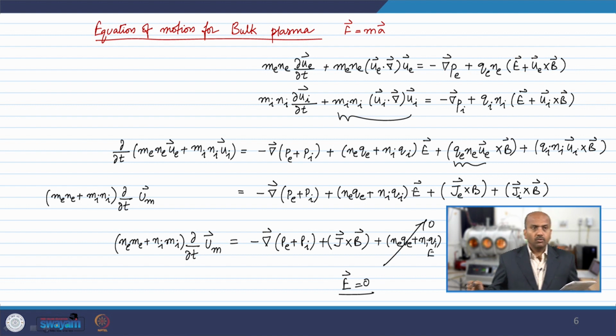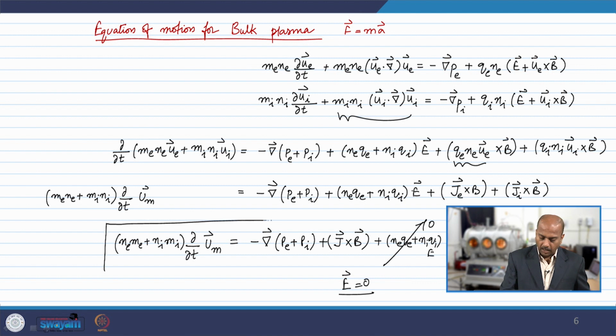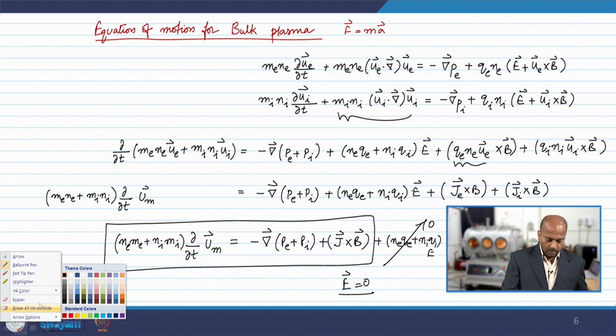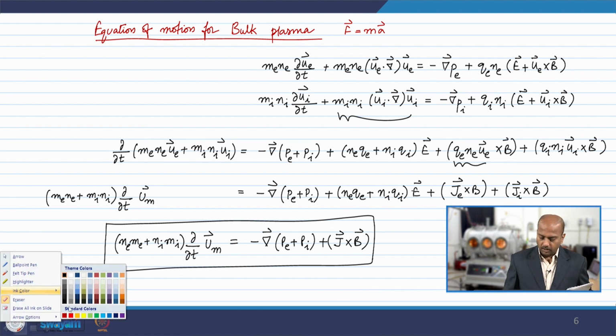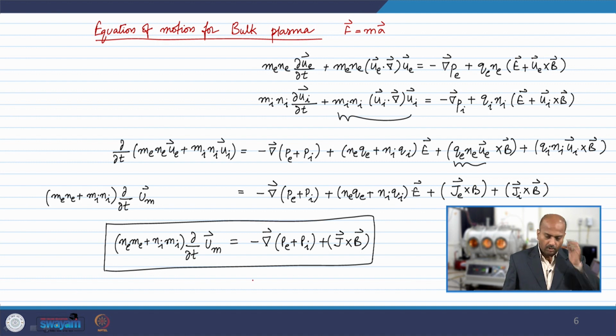So, idealized equation for the bulk plasma, the momentum equation is basically this, right. What is the name of this equation? This is the equation of motion for the bulk plasma,